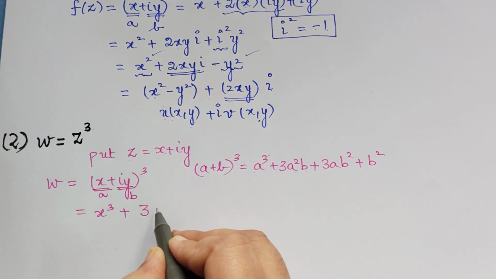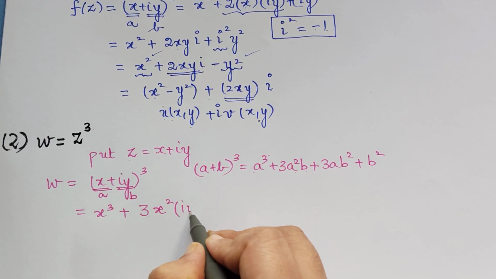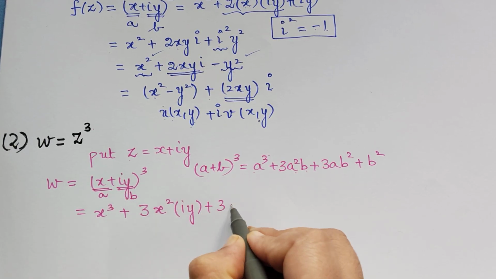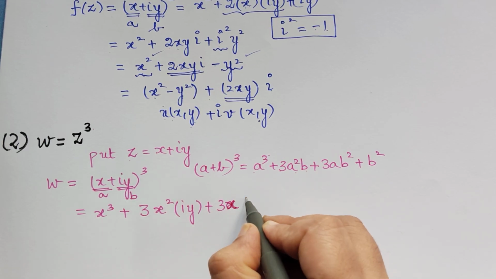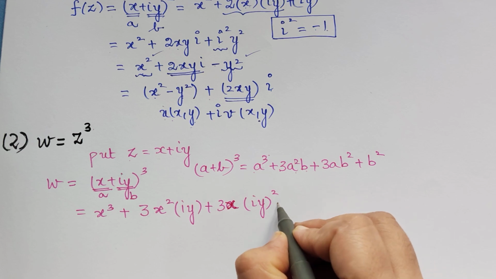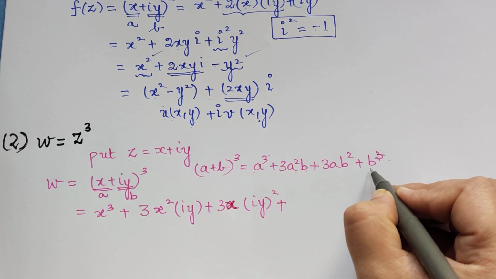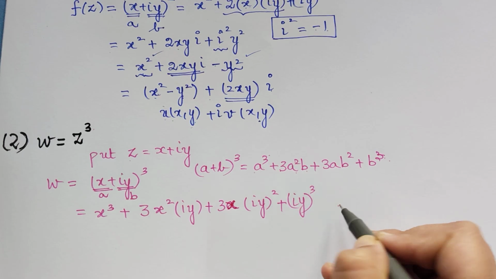So 3a square will be x square and b will be iy, plus 3a, that is a is x here, so 3x times b square, it will be (iy) square, plus this is b cube actually. So b cube, where b is (iy) the whole cube. So now